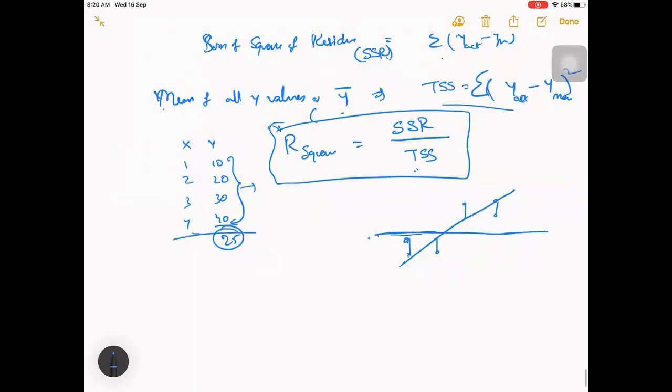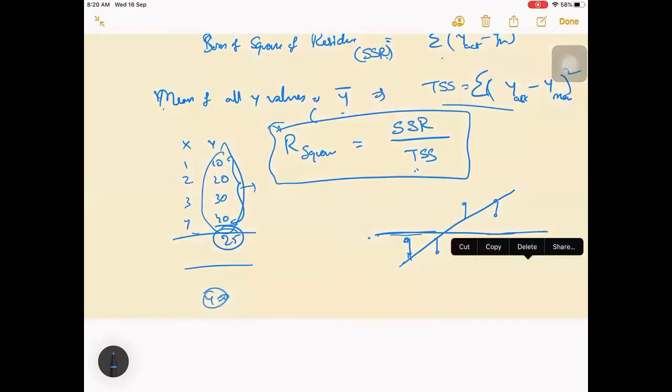Just as a naive method, you can take some value which is the average of them. Then for every x, if you just give y as 25, your error will not be very low, but it will be medium. It will be slightly less compared to giving y as 0.